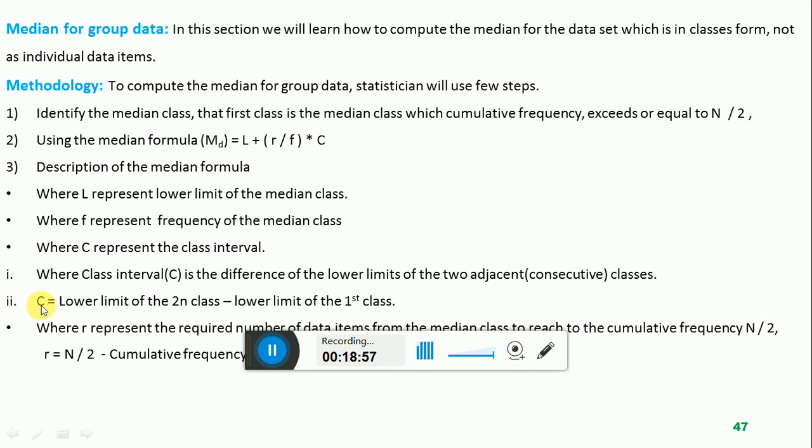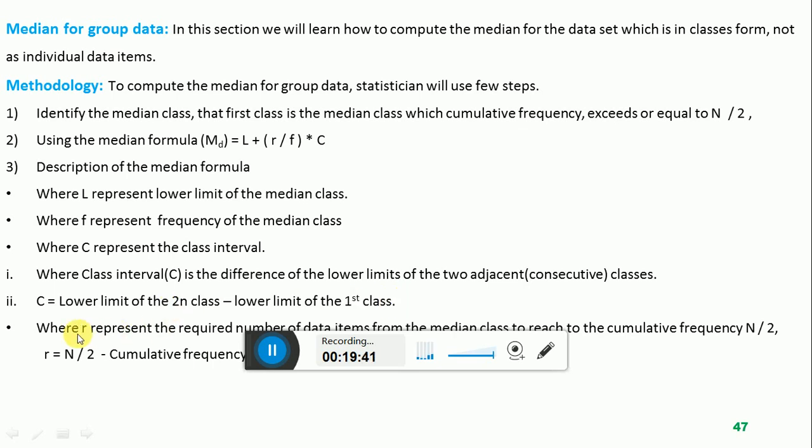Class interval C is the lower limit of the second class minus the lower limit of the first class. We can compute the class interval using a formula like this. We will calculate the difference between any two consecutive classes. A statistician can define the class interval using the lower limit of the third class minus the lower limit of the second class, or class interval C is equal to the lower limit of the fourth class minus the lower limit of the third class. So the class interval can be identified by computing the difference between the lower limits of two consecutive or adjacent